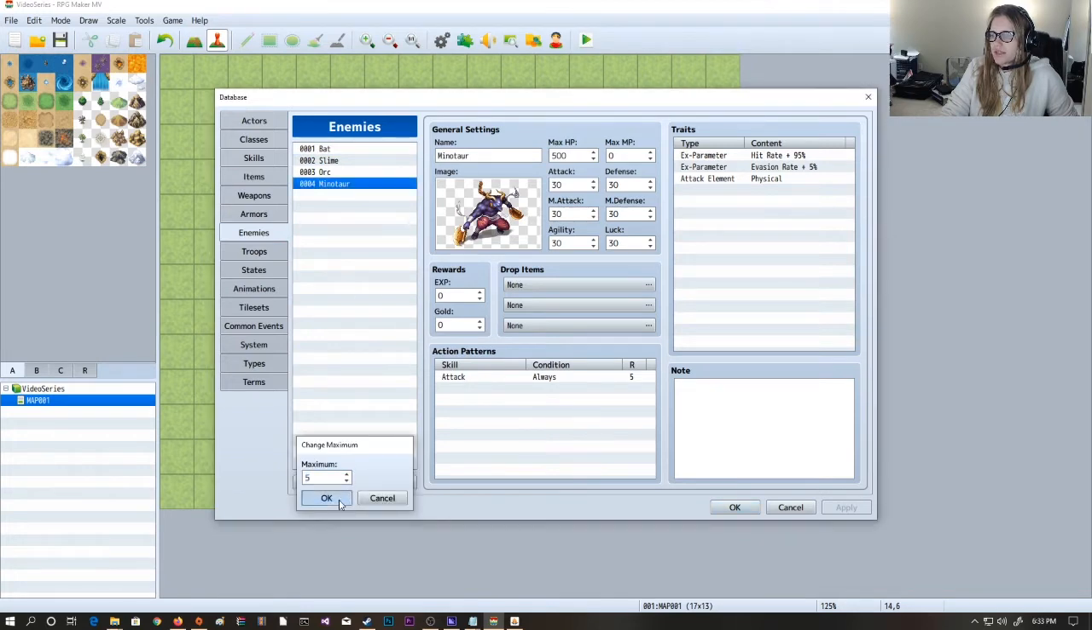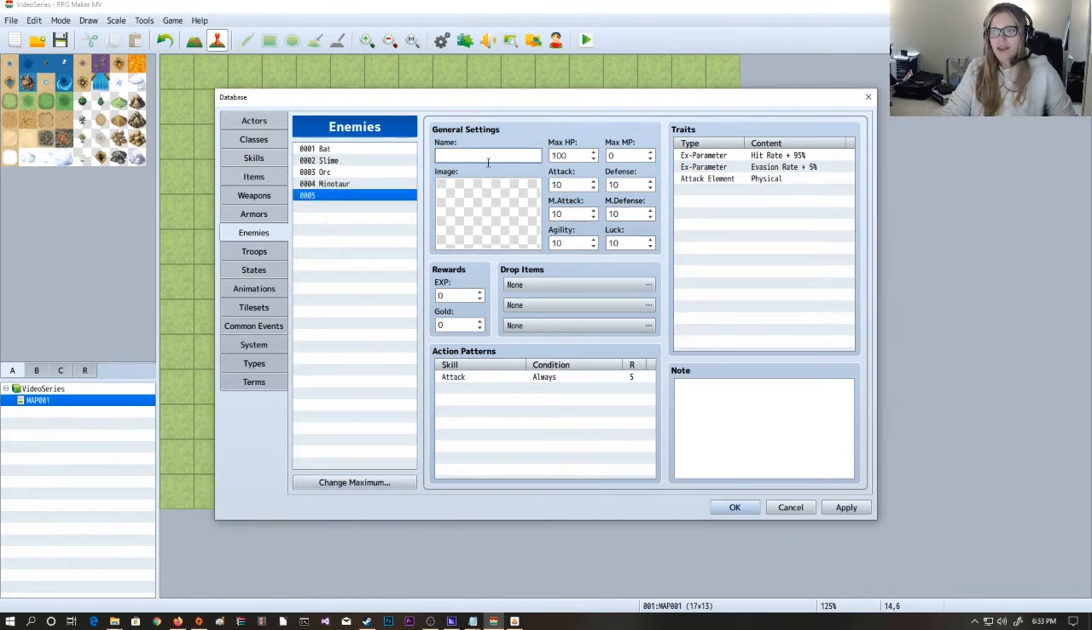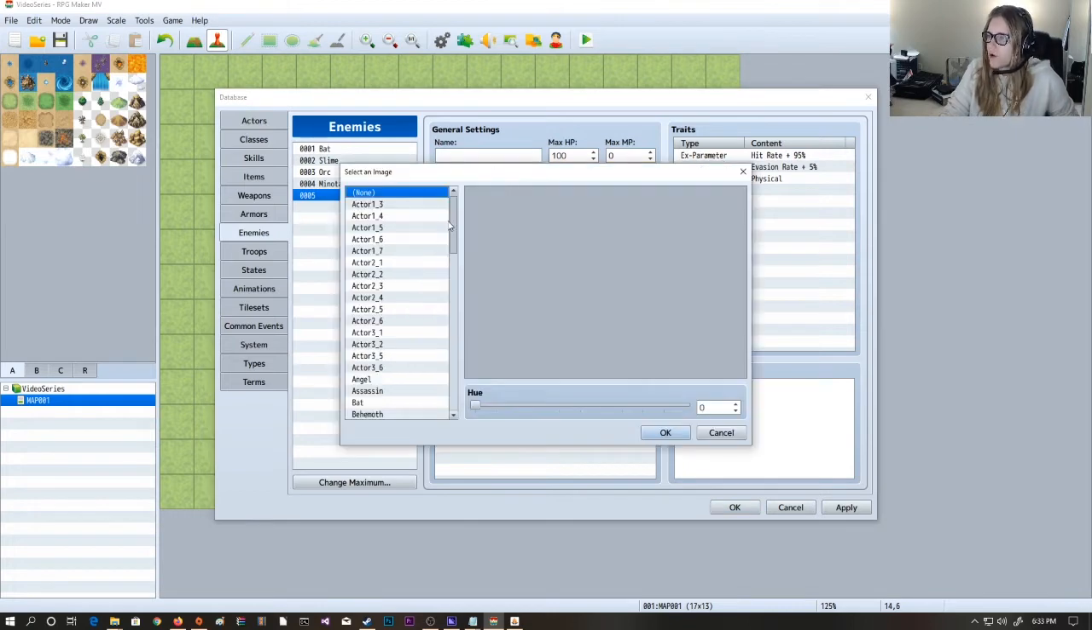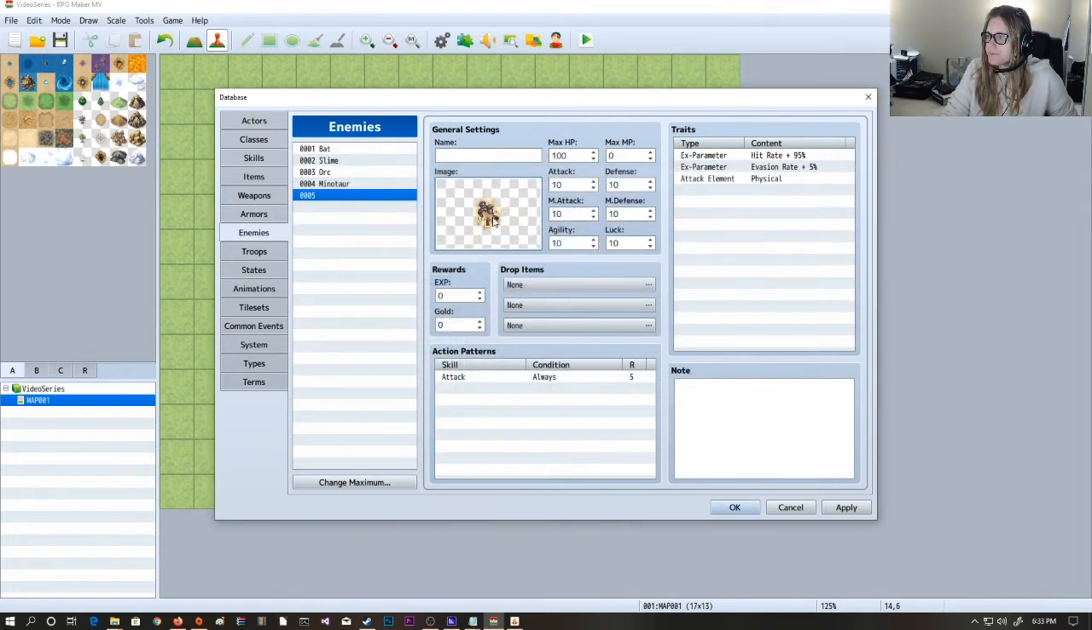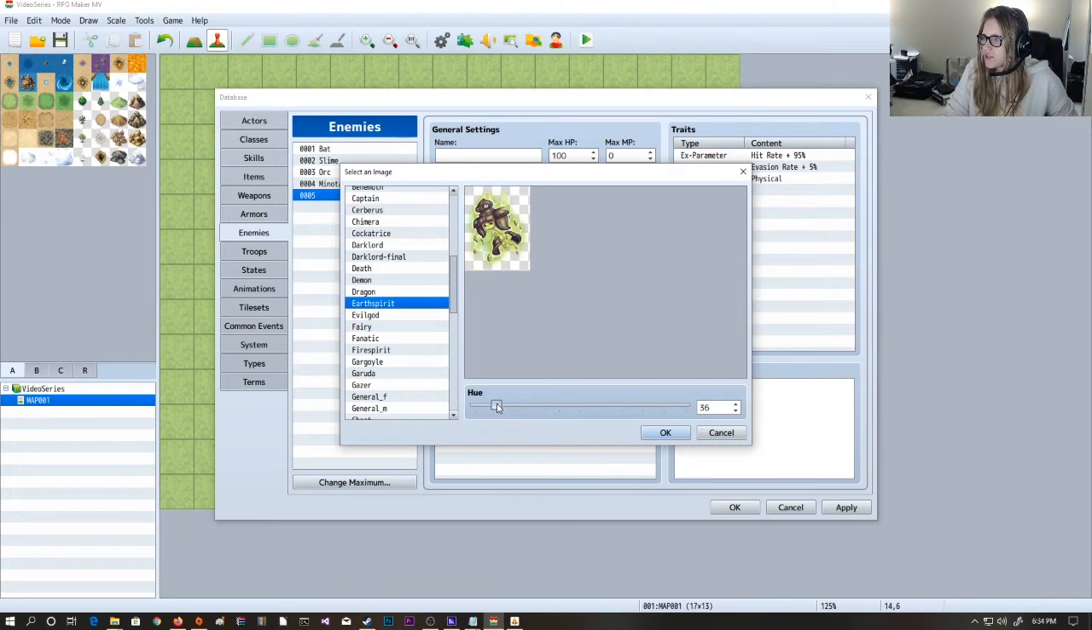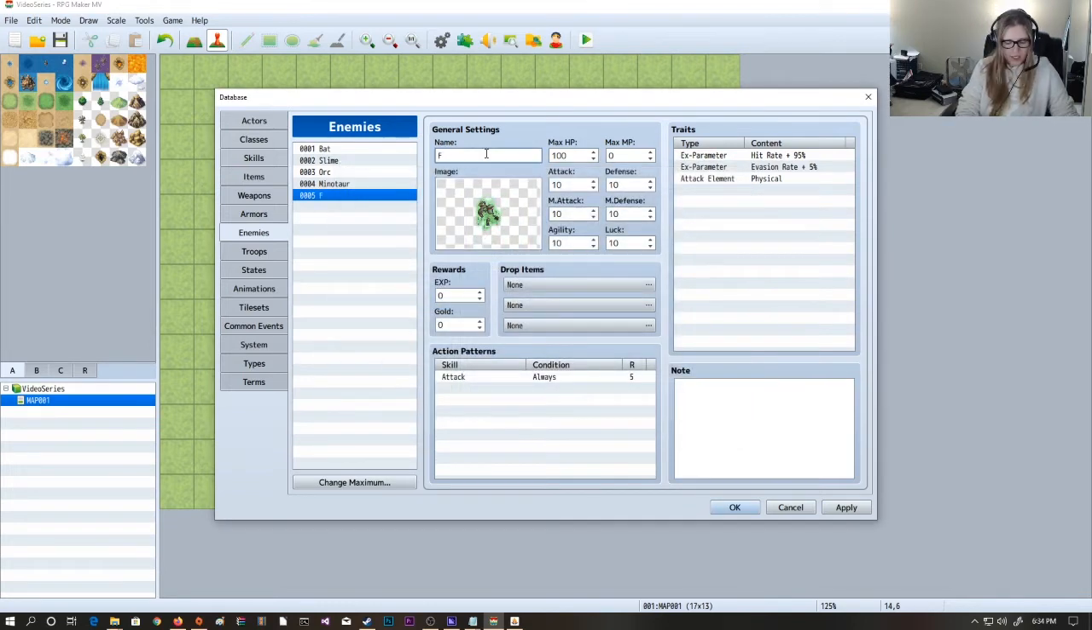We're going to change the maximum. I'm going to be a smart child and not actually delete those. And I know what I want. We're going to use the earth spirit. And we'll just, oh, you know what? We could do this. We're going to change the hue to green. We'll call it a forest spirit. We'll give it